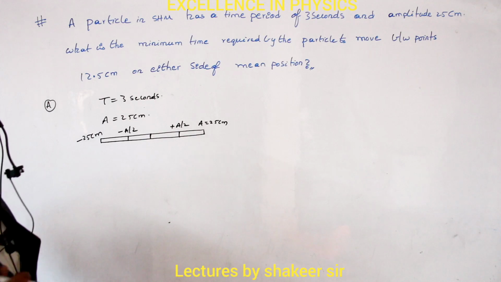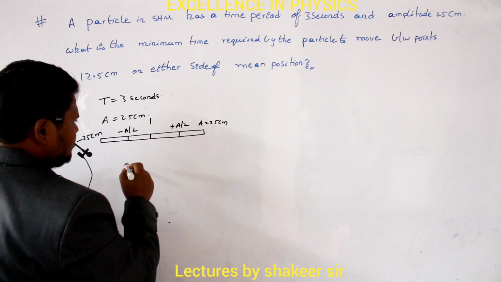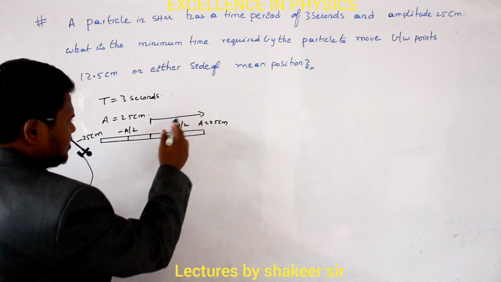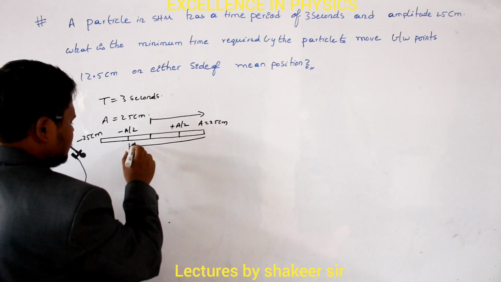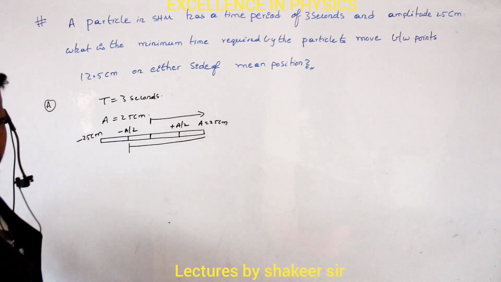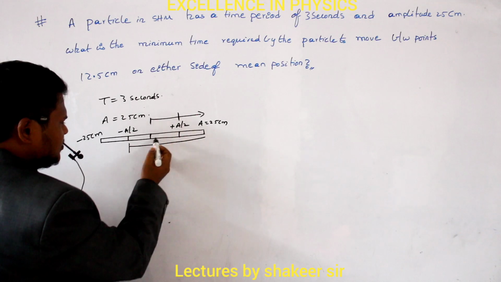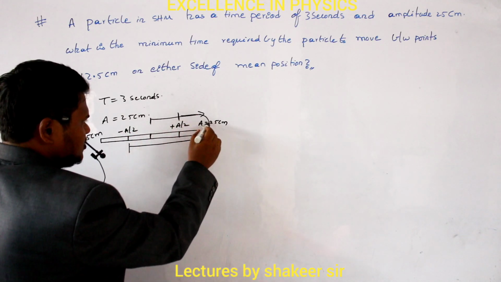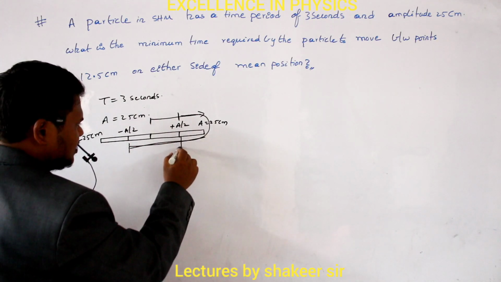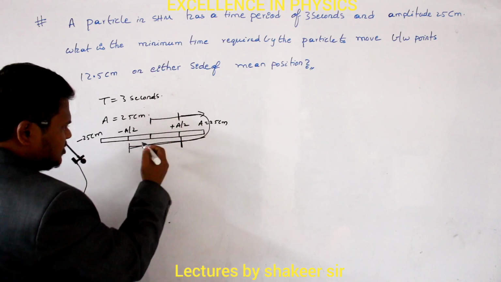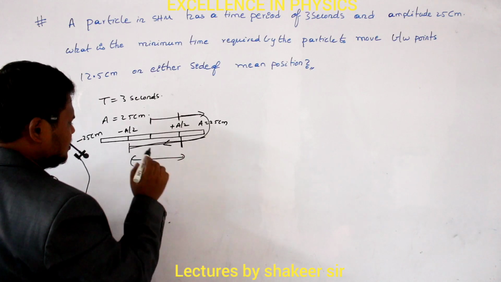Now what is meant by minimum time? Let us see. For example, the particle can start from here, that is from the mean position. It can travel to the extreme position and it can return to the other extreme position, or up to a displacement of minus A by 2. Clear? So the time taken from here to here also covers the distance from plus A by 2 to minus A by 2, traveling throughout this motion and returning up to here. Clear? But this is not what he is asking. He is asking only the time taken from here to here, that is, when it is returning back to travel from plus A by 2 to minus A by 2, only this much time he is asking.